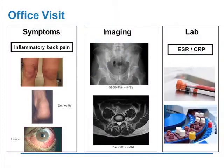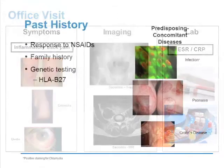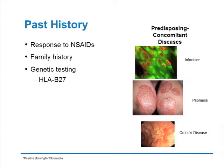So in your office visit, what do we look at? We look, of course, at symptoms. We see what the patient has, inflammatory back pain being the prototypical thing that we look for. Unfortunately, as you know, its definition and our ability to tease it out in patients can sometimes be difficult from mechanical back pain. We also look at imaging very commonly, and then, of course, elevation in sed rate or CRP is also important. We also want to see past history: what their response is to NSAIDs, their family history, genetic testing, and of course the very common concomitant diseases that help clue us in: reactive arthritis, psoriatic arthritis,